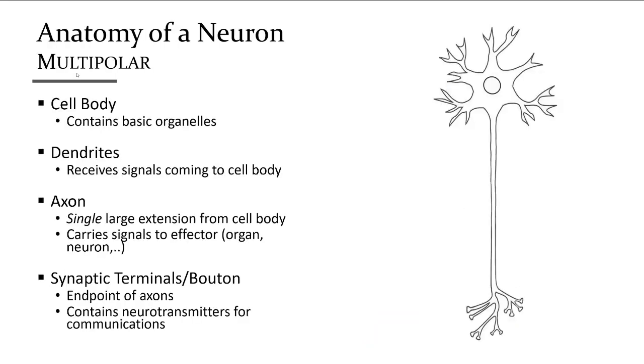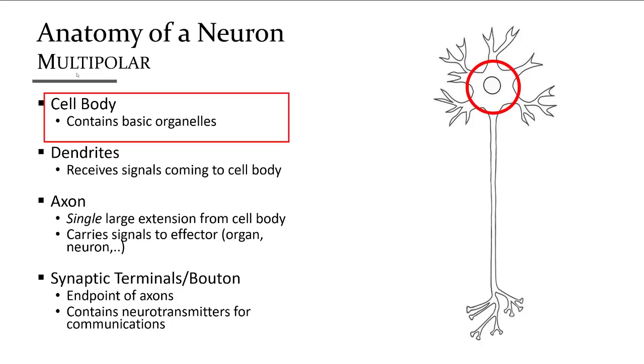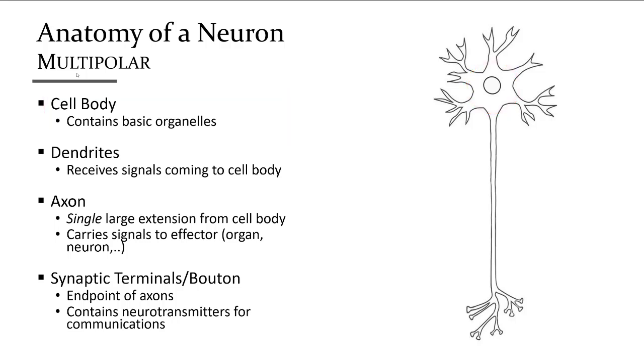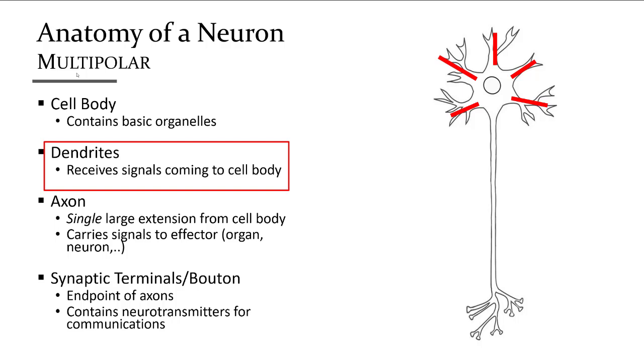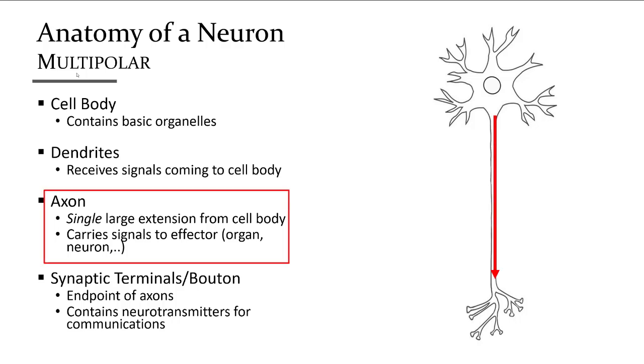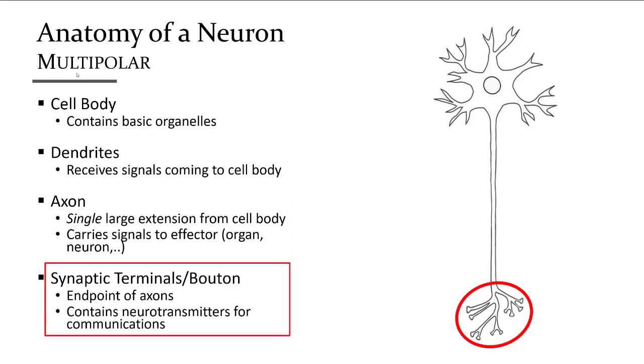Using the most common multipolar neuron, we can see the basic components. The cell body contains the nucleus and other organelles. Dendrites are projections that will receive a signal from another source. The axon is a single long projection that can conduct an electrical impulse. This impulse can only travel one way, which is away from the dendrites and toward the synaptic terminals at the end. The synaptic terminals can be referred to by several names, such as a synaptic bouton, which refers to the